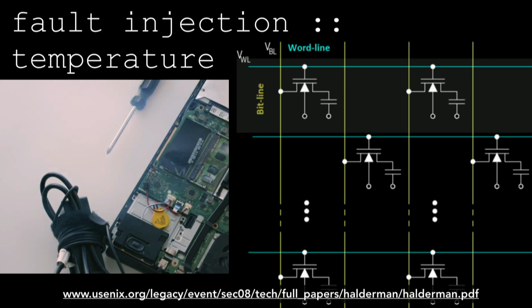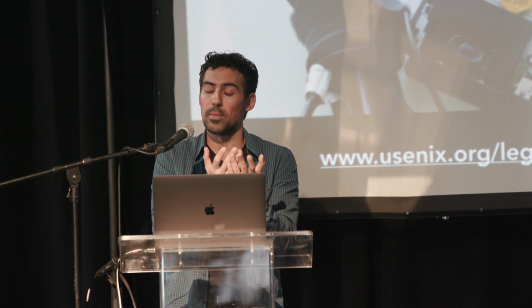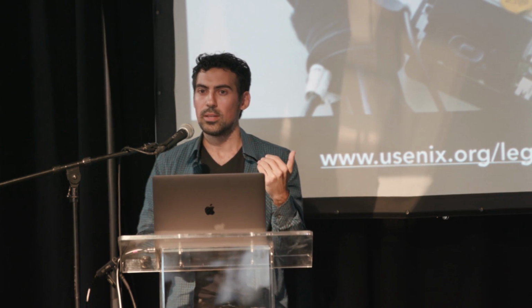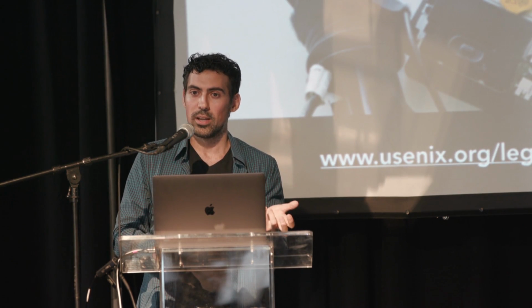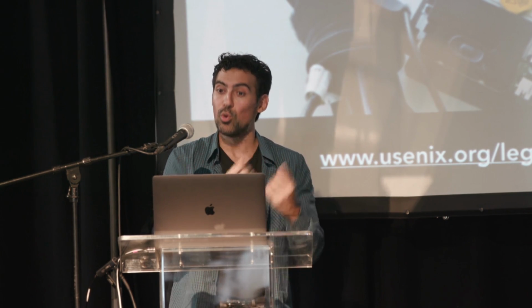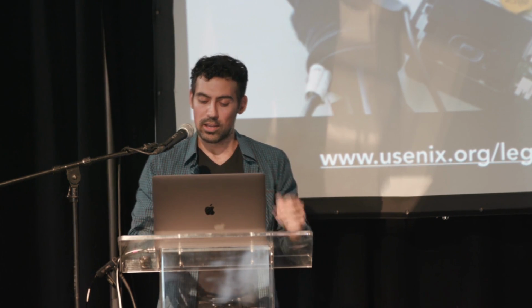Now, if you remove power, the electrons will leak, and eventually they will equalize and have no voltage on them. But if you cool it down, you are cooling down that capacitor and making it take much, much, much longer. So you can use canned air upside down, get your memory really, really cold, and perform what's called a cold boot attack. You can then pull that memory out, and you have 1 or 2 minutes where you insert it into another device and then use just the RAM and pull all the contents out, extract your key,